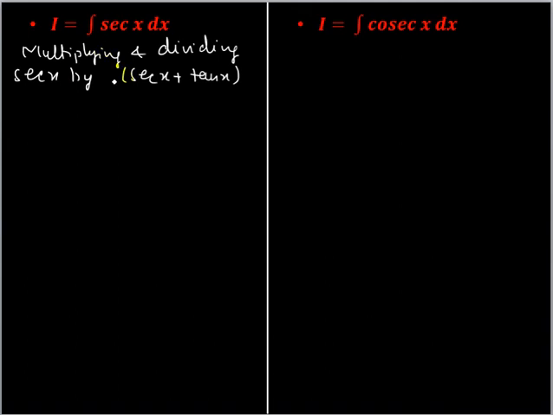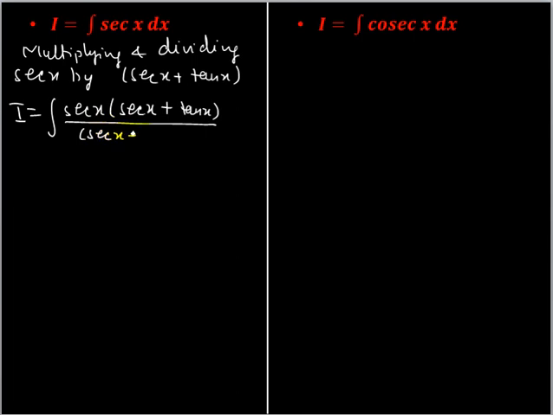So here, because I will be multiplying it, we are going to divide also. Let us see, does it take a form which can be integrated? So the numerator is now sec x into (sec x plus tan x), and the denominator will be sec x plus tan x, dx. Now see, if I put sec x plus tan x equal to t,